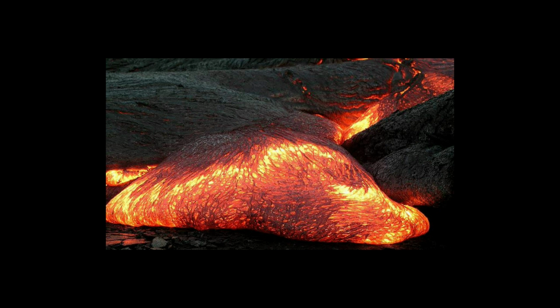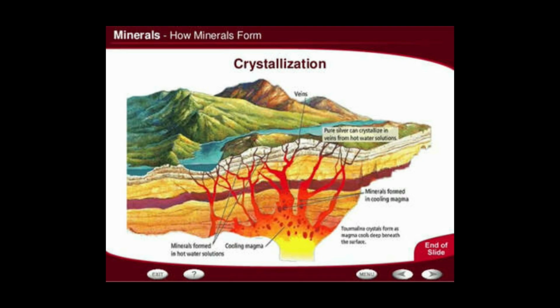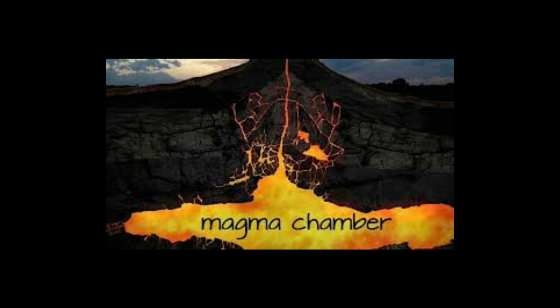See, it all depends upon temperature, pressure and the composition of the magma from which the rock forms. Just imagine how an igneous rock could have been formed from a magma. First, magma is released from the magma chamber and it slowly moves towards the surface. And as it moves upward, its temperature gradually falls.